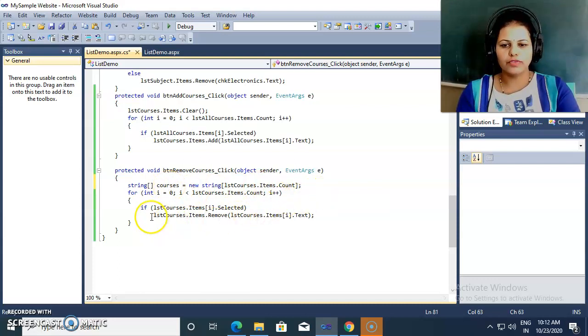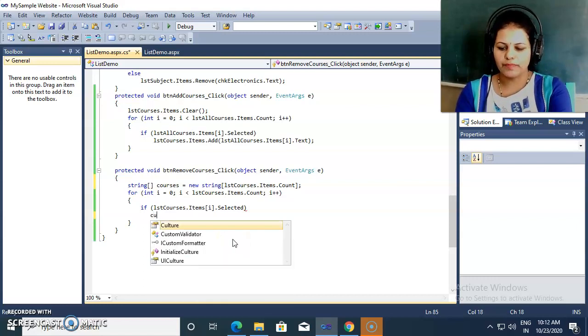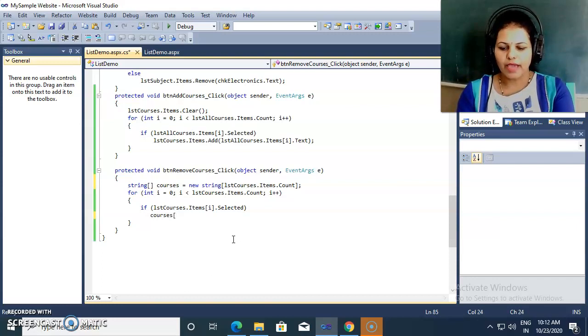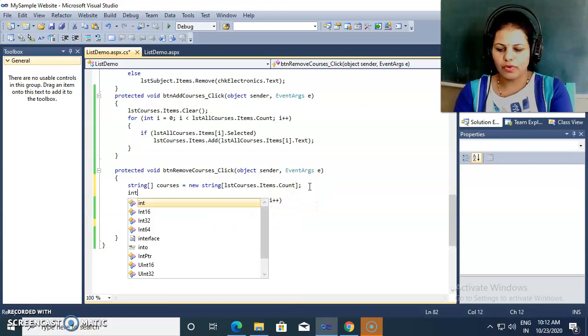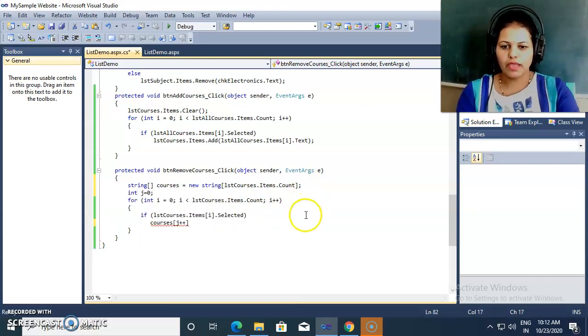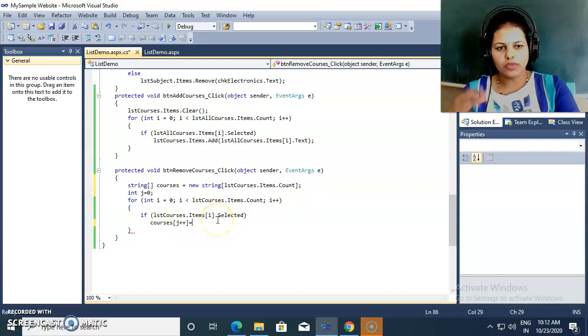Now what I am doing here, instead of removing directly from the list, I am adding that particular text inside these courses. So I am using the courses array, and I am declaring one more variable j, and I am using that j inside this. courses[j++] is equal to whichever course is selected; I am adding that particular course inside this string array.